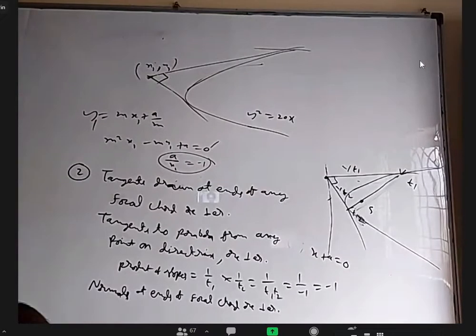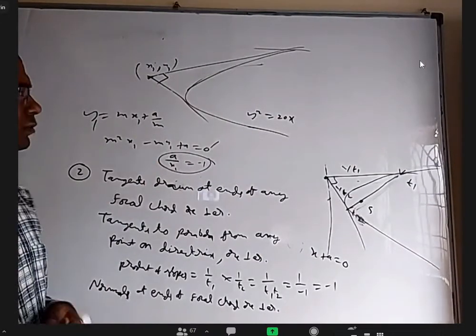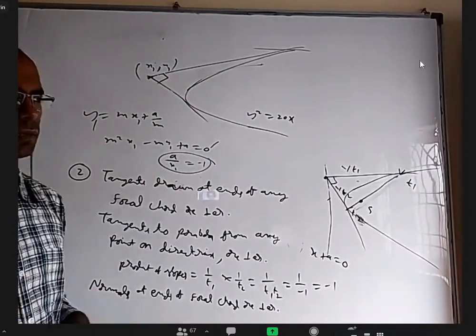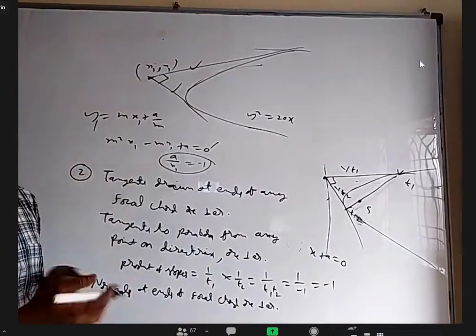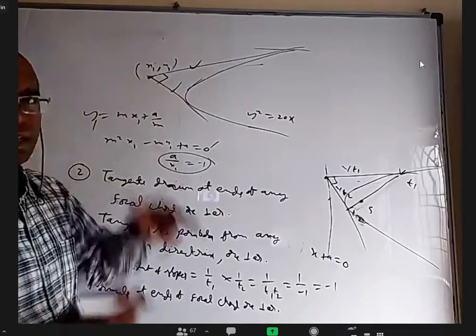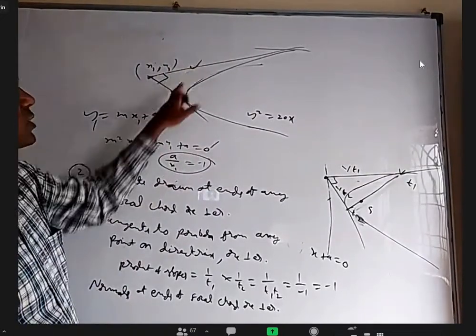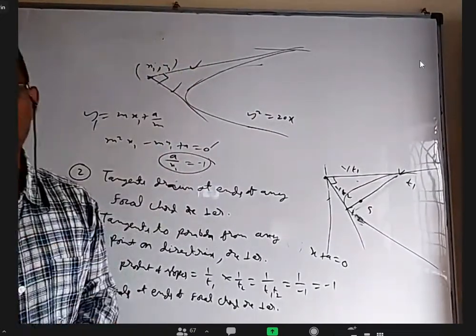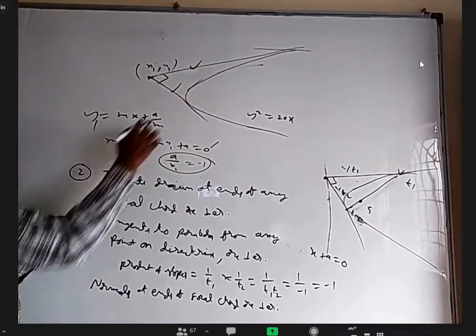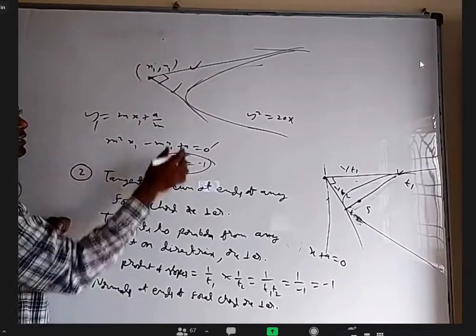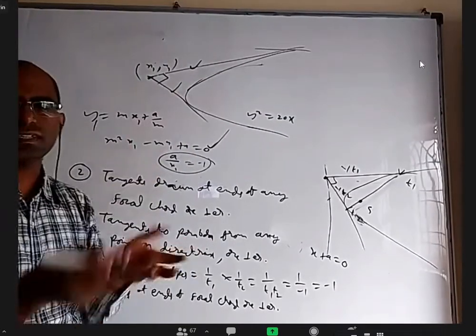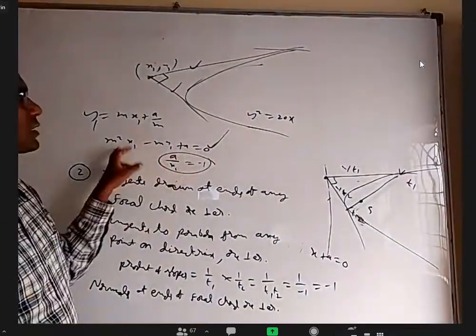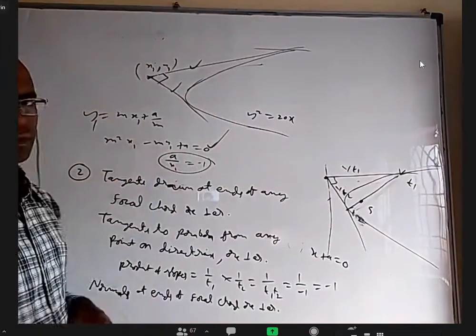Okay. I wanted to do a lot of questions, but due to lack of time I am not doing them now. Later on, I may do it. But they can ask: product of these two slopes is 5, what is the locus? Sum of these two slopes is 7, what is the locus? Sum of the squares of slopes of these two tangents is 9, what is the locus? All are from this equation only. Take the general tangent, take this x1, y1, substitute it, you get a quadratic equation. If they say sum is constant, from this quadratic equation find the sum and equate it. If they say product is constant, find the product and equate it to whatever number they want.